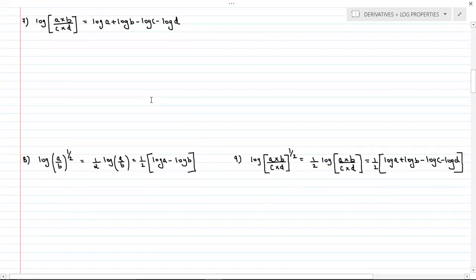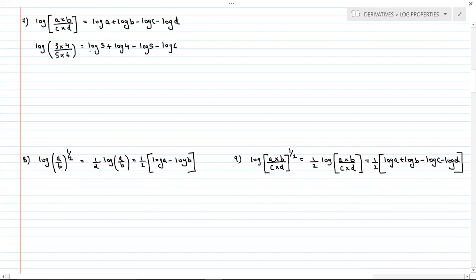How to do adjustment in the logarithm? Okay, so let's see now. Log a into b upon c into d. So a, b, c, d are what? As I told, in place of a, b, c, d, there will be a number. Suppose we replace this by numbers. So we'll take this as 3 into 4 upon 5 into 6. So according to the property, it can be written as log 3 plus log 4 minus log 5 minus log 6.